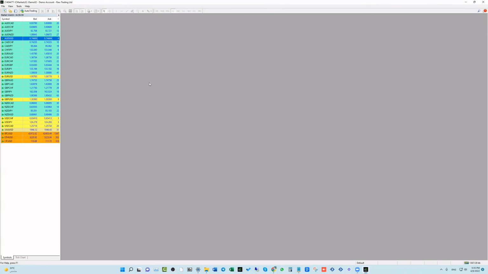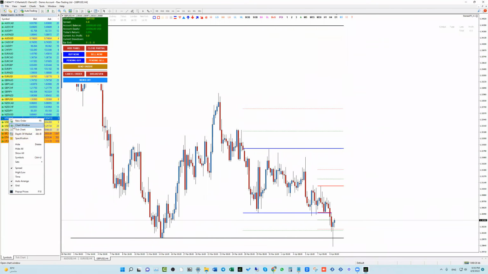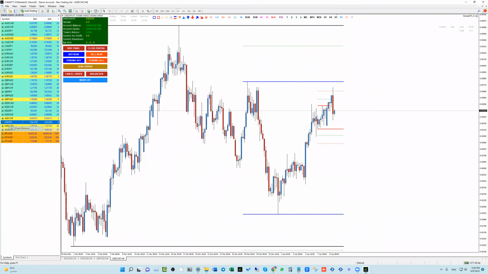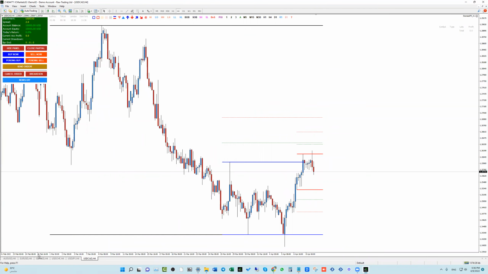So let's clean that up and go to Market Watch. Let's say you only want to focus on majors. So you open all majors. You can create any profile you want. Now, here you have all majors and use any